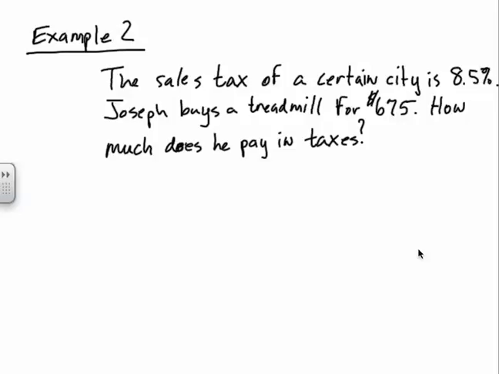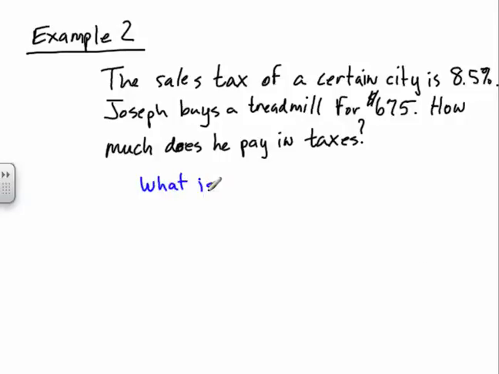Okay, example 2. It says the sales tax of a certain city is 8.5%. Joseph buys a treadmill for $675. How much does he pay in taxes? Okay. Well, I want to take this entire word problem and try to boil it down to just one question, the question of what they're asking me. And what they're asking is,